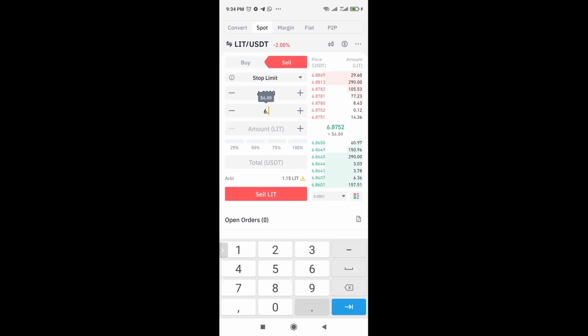Sell off for me at 6.8700. Let me just sell off. And I want to sell off 100% of my leads. Okay, sell off everything. Sell off all the leads. Once I click on 100% of my leads, I'll hit sell.